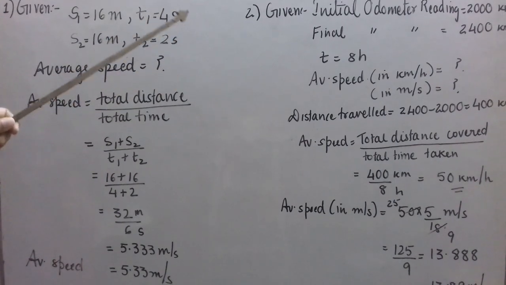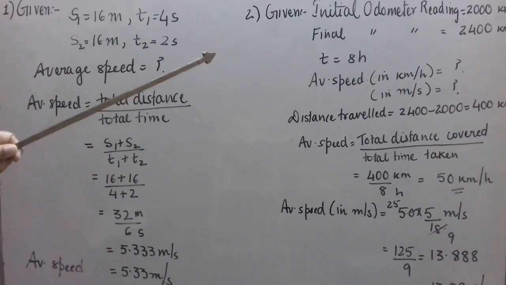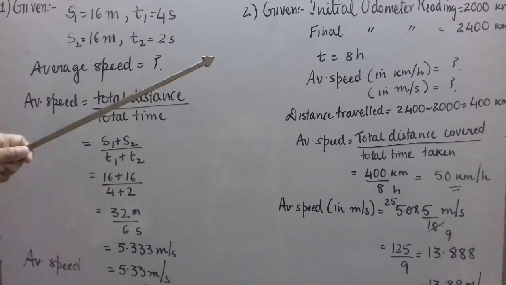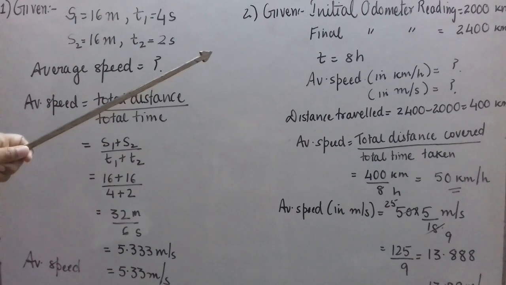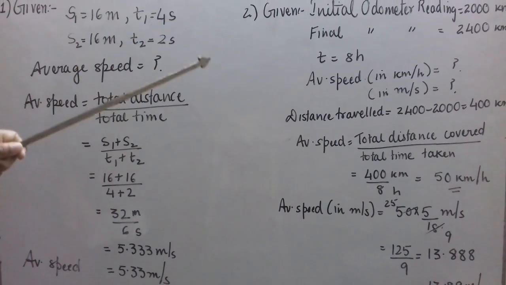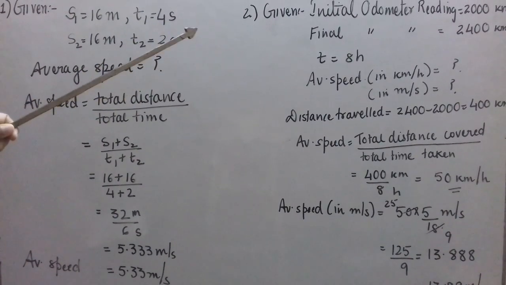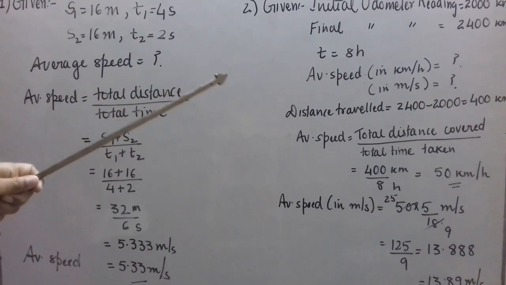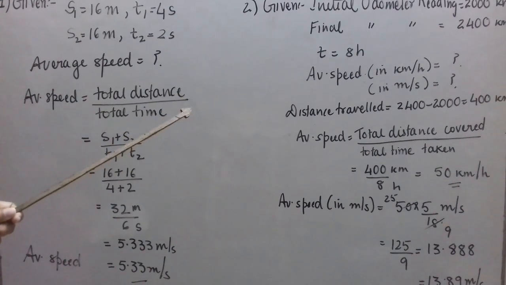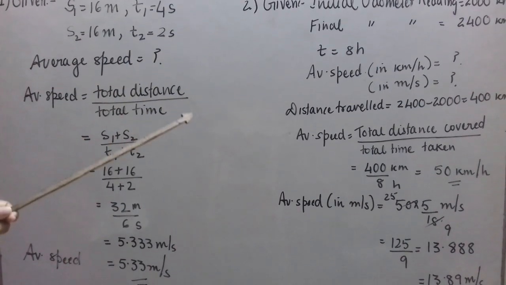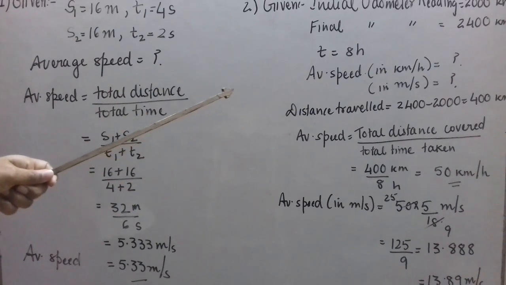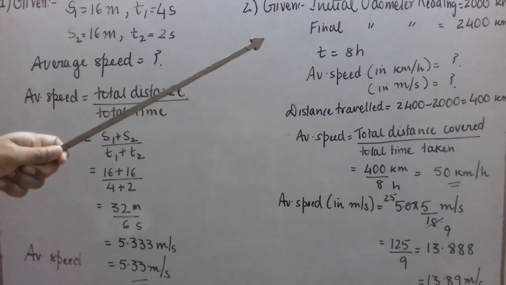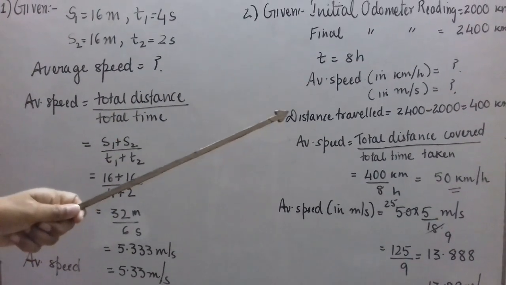So here readings are given in kilometer, so I can find out the distance travelled from this initial and final odometer reading. I hope you remember what I have told. You have to just subtract the readings. Final reading minus initial reading will give you the total distance travelled. It is in kilometer. Time is in hours, and the commonly used unit for the speed of a vehicle is kilometer per hour, and that also they have asked. So let us not convert that. What is the distance travelled? 2400 minus 2000, that is 400 km.